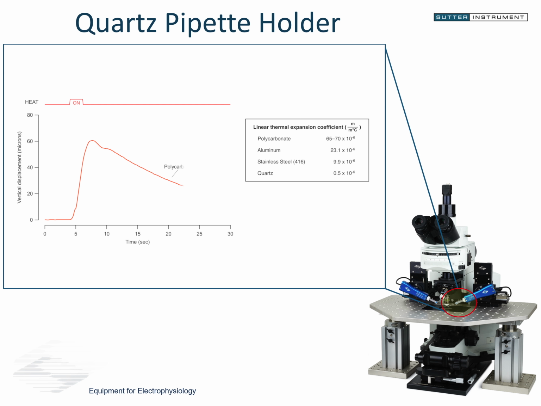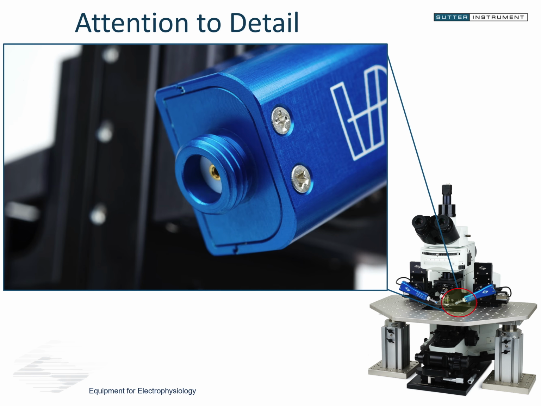If we look at the thermal expansion coefficients between polycarbonate and quartz, we see that there are dramatic differences. Quartz material is about a factor of 100 times more stable according to the thermal expansion coefficient. And indeed, that's shown very well in these images. Now, we are getting down to the nitty-gritty of the details, but each one of these details adds another layer of potential problems or potential solutions, depending on how it's engaged.